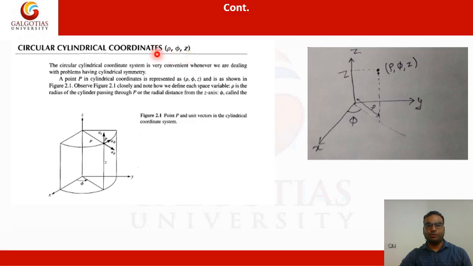So let's come to rho. Rho is nothing but the projection of a point on the xy plane. Like you see in the handwritten note, a point is located here, but its projection lies on the xy plane. The distance from the origin to the projection of the point is nothing but rho, and the angle made by the x-axis with rho is phi, and z is the same as what we study in the rectangular coordinate system, a length.